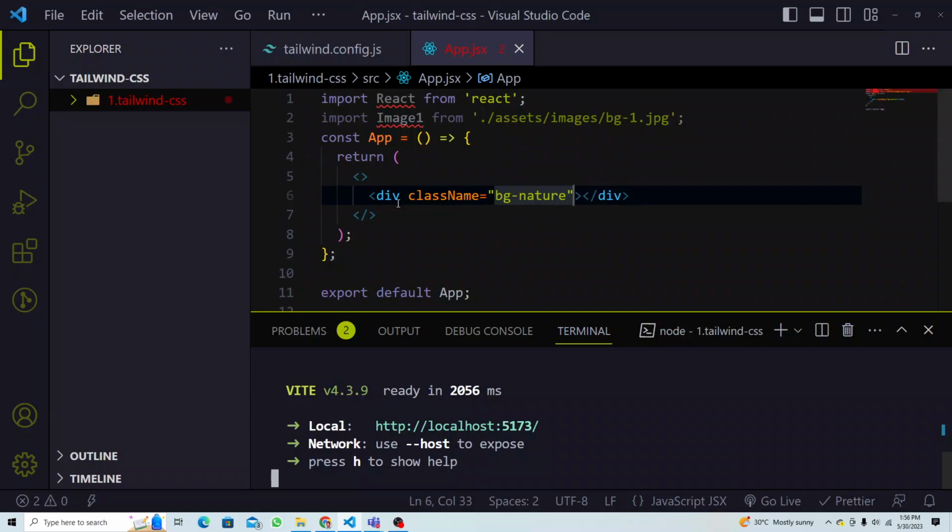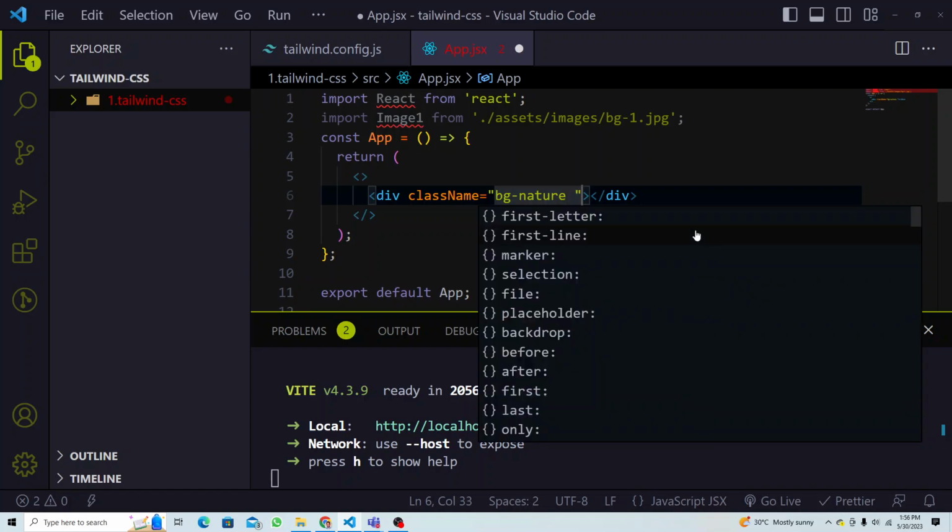So right now I don't see any image here. Remember a long time back when we were learning, when you have any image, you must provide a background image, you must give the height, because see, the page does not have any height, right? Let's look at here. This background image, this div does not have any height right now. If I can go back here, right, and I say,